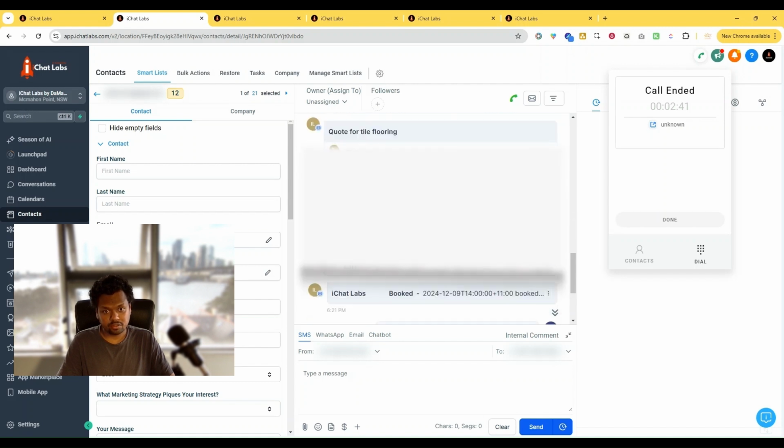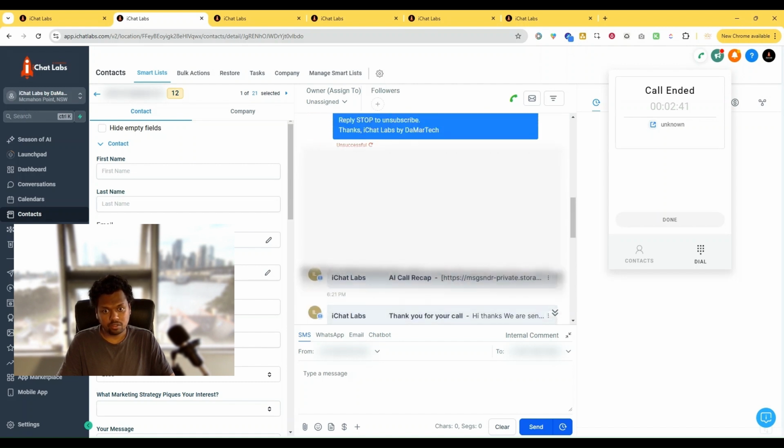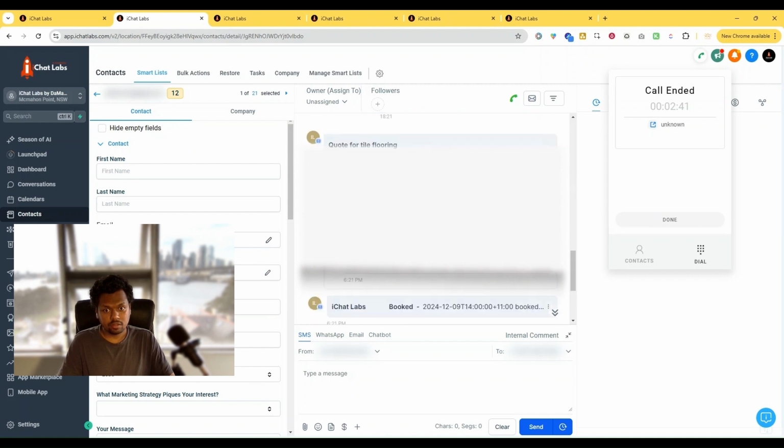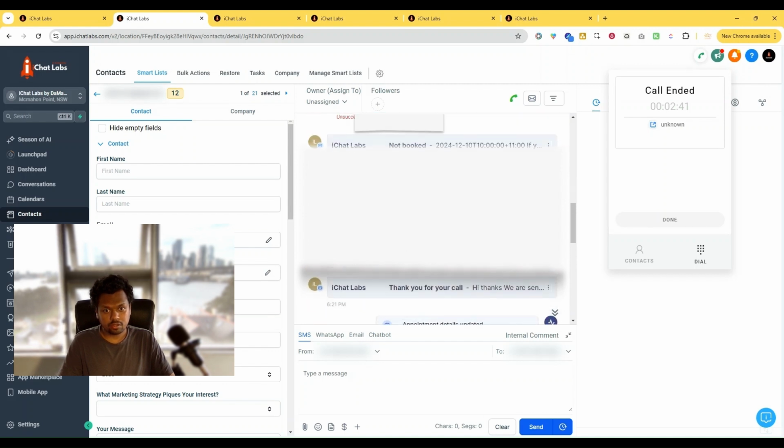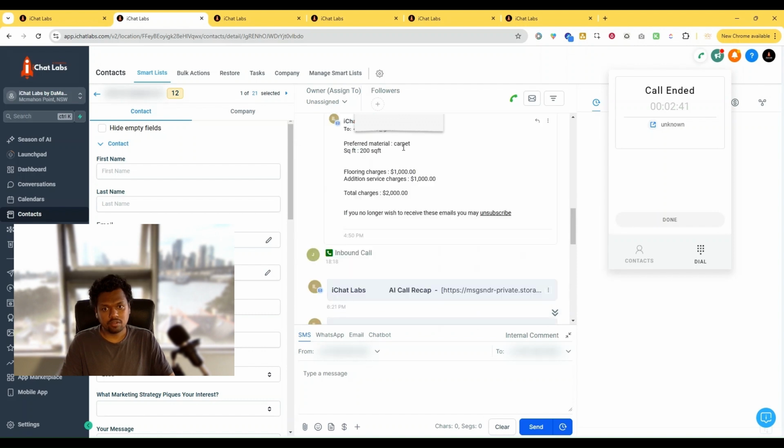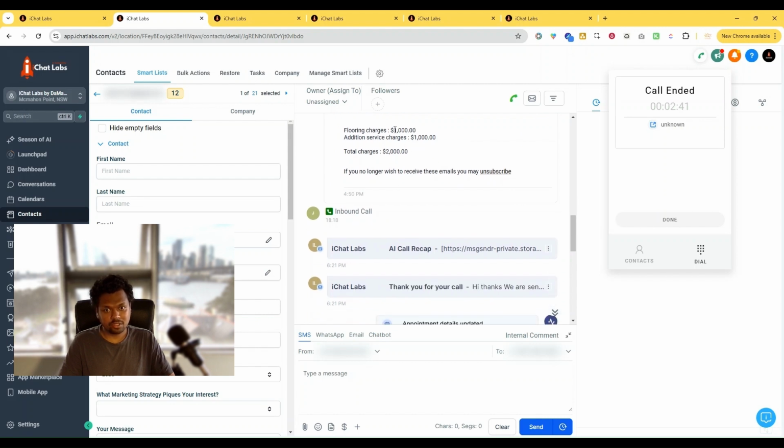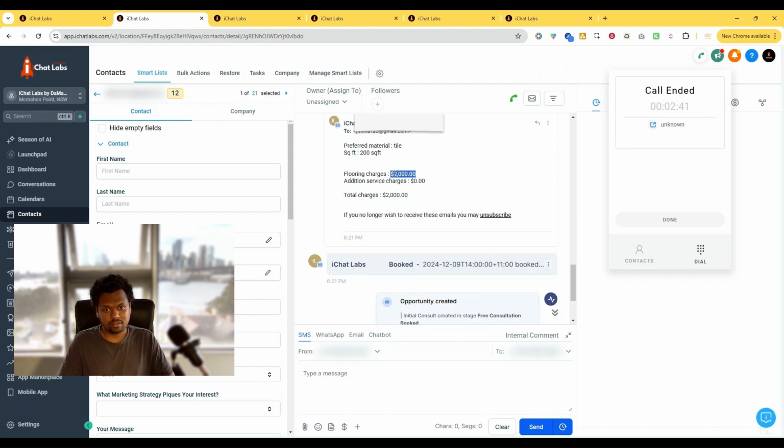And if you go back and check the previous one, the carpet flooring, here, quote for carpet flooring, you can see it's also 200 square feet I have mentioned, but the material is carpet and the flooring charge was 1000 and there was an additional charge 1000, and that's how the total is 2000. In this case, the flooring charges itself is 2000 and there are no additional charges, and that's how the total is 2000. So you can see how you can build out an AI voice agent to do a dynamic